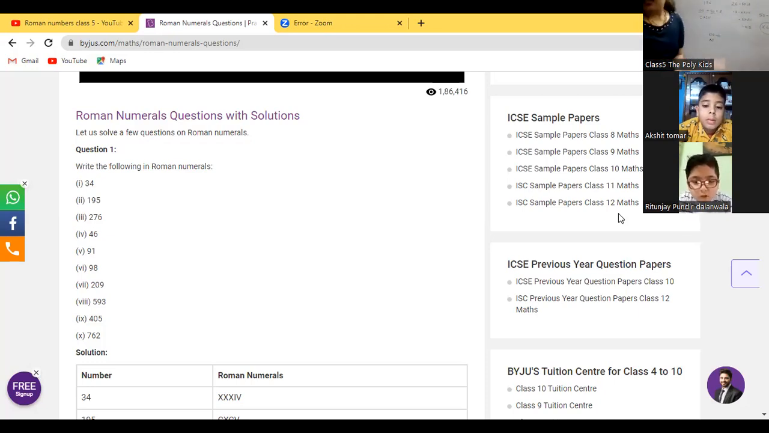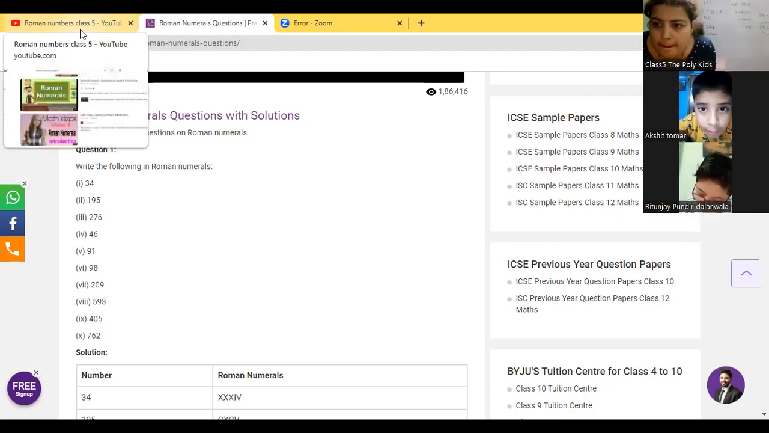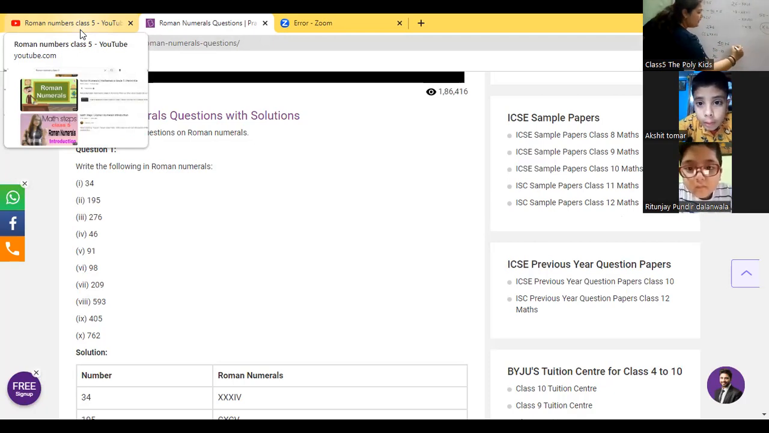Do like this. Yes. If you do like this, it will be easier. Okay? Now it is 276. Yes, Ritunjay. Ma'am, CC, LXX, VI. Okay. Very good. 46, Akshit. Ma'am, 46. Ma'am, hmm, L. 46 means 40 plus 6. So for 40, it is 50 minus 10. 50 is L, so it will be